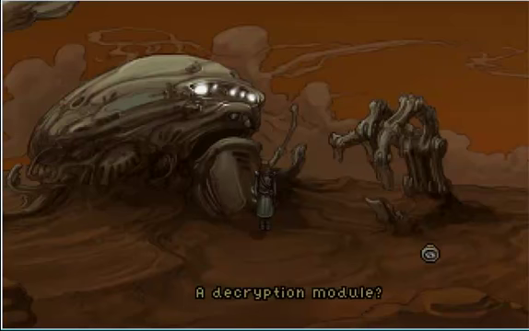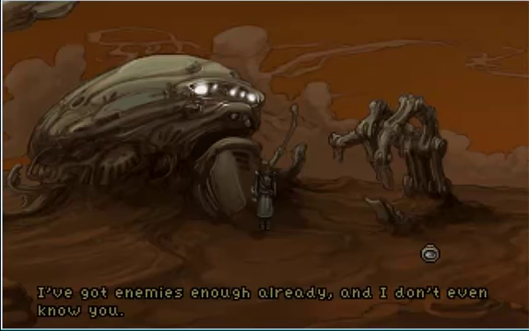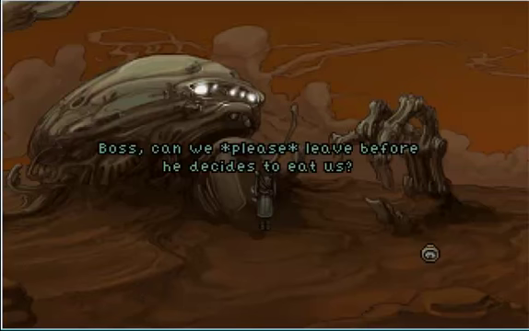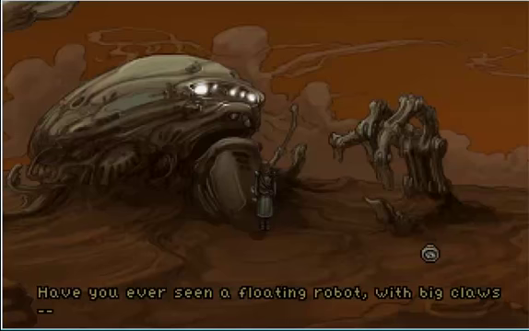A decryption module? It will restore you, my ancient enemy. I've got enemies enough already, and I don't even know you. You will, Horatio. Now go. Wait, your partials said that you might let me use your power core. Boss, can we please leave before he decides to eat us? One more question, Goliath. Have you ever seen a floating robot with big claws? Well, my...